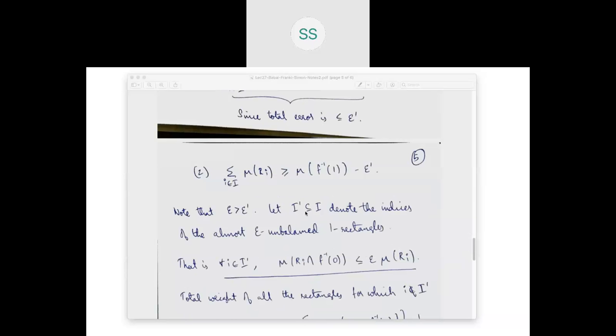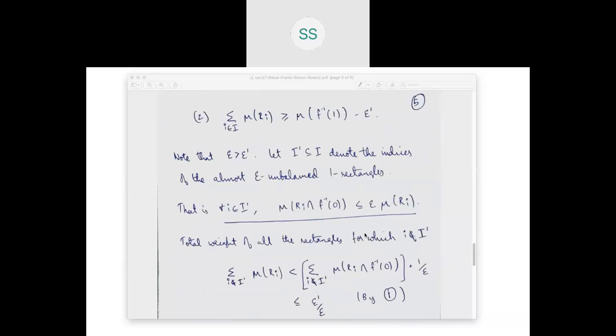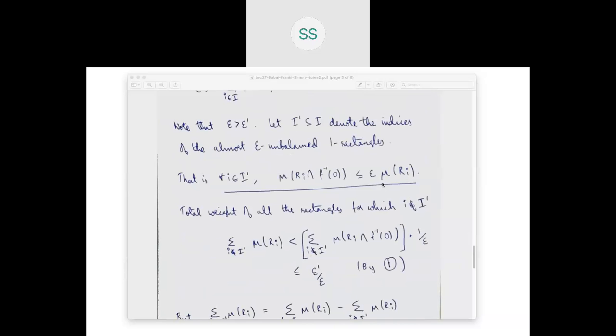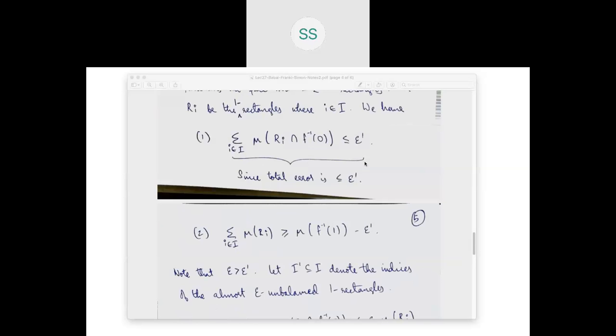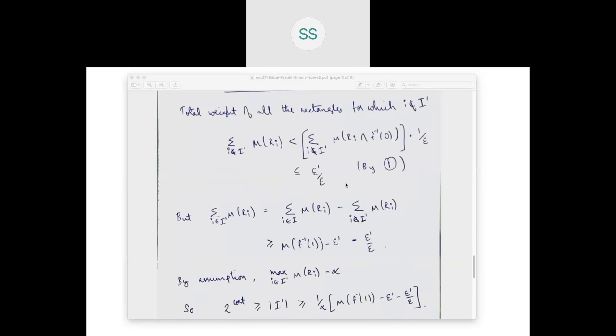Now let I prime denote the indices of the almost epsilon unbalanced 1 rectangles, which satisfy this. Now we estimate the total weight of those 1 rectangles that are not in I prime, and that do not satisfy this, so we satisfy the opposite inequality. So we get that this is at most this divided by epsilon, and this summation is at most epsilon prime by 1. So we get this, and the total measure of